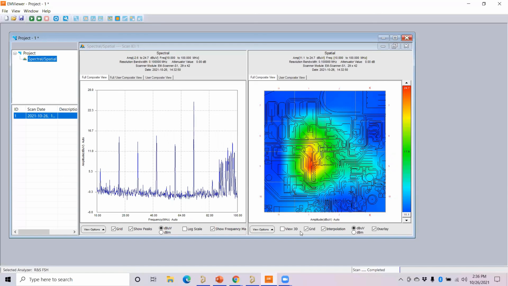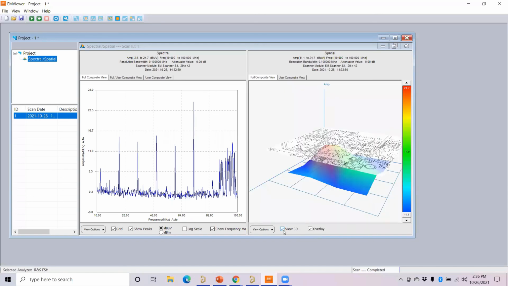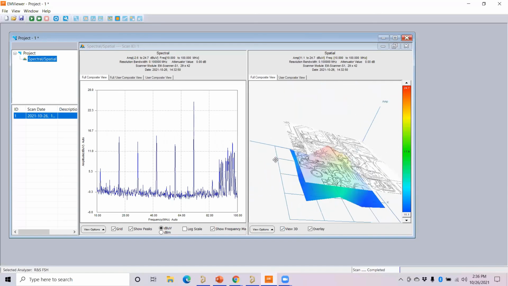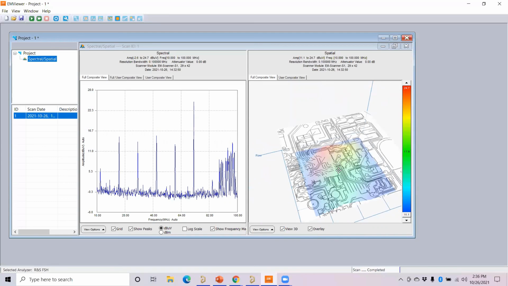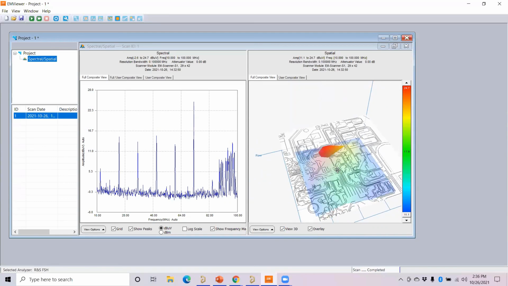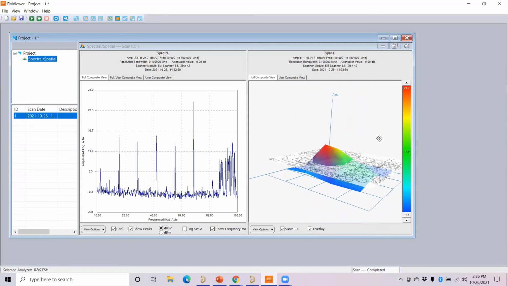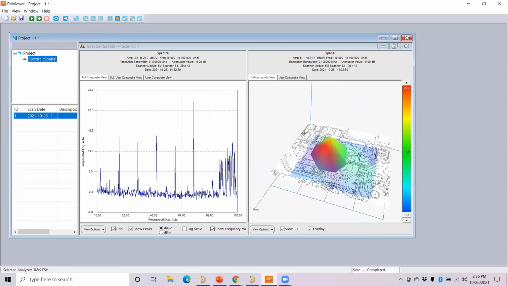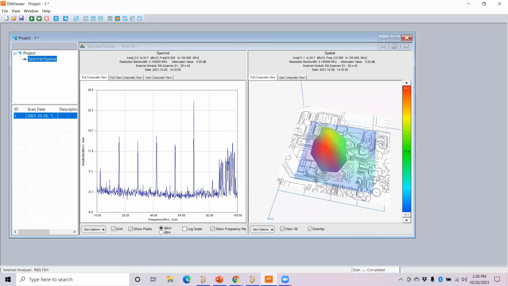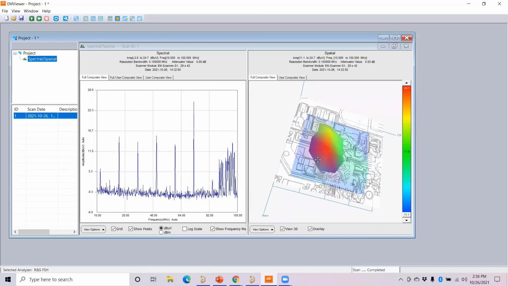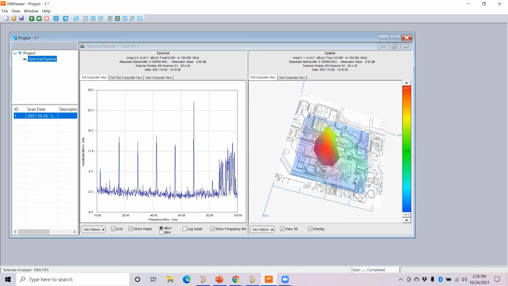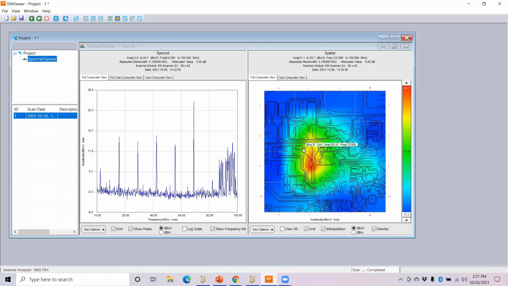If I want to see this output in the 3D view, you can see it in the 3D view as well. So you can rotate it, or you can just make the 3D view to find out where is the maximum amplitude of distortion. Since you have the Gerber file here, this Gerber overlay will help you to identify the exact location in the 3D view, whether it is a component or the radiation, where the exact pinpoint is showing here. Okay, so you can see it in the 3D view or 2D view.